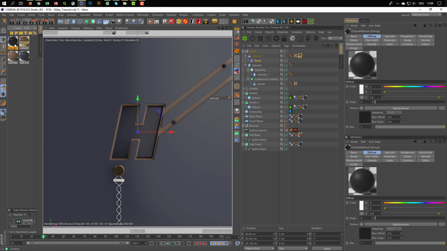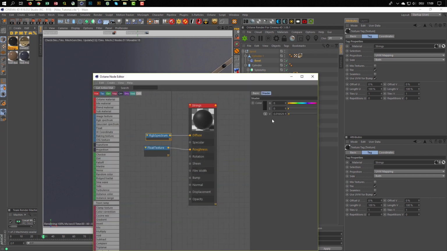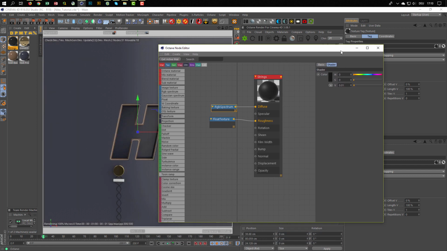Looks nice so far. The strings are the sweep. And the 2 cylinders here. Make it even darker. Point 1 here. 0.05. Okay,